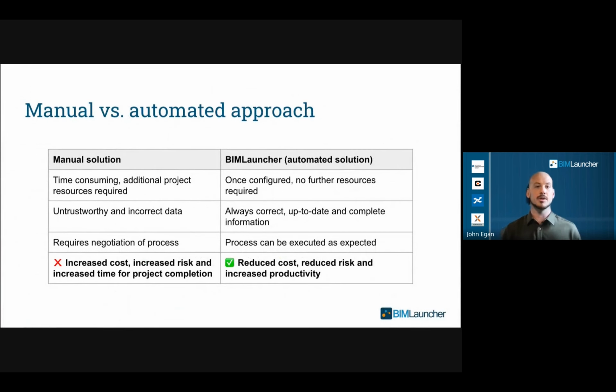Okay, so now the requirements for the integration have been defined. You are ready to consider the solutions. So we have refined the solutions into two main categories. The first, on the left, is the option to perform the integration manually, and the second, on the right, is to use an automated out-of-the-box integration solution such as BIMLauncher. To compare these options, manual processes are extremely time-consuming and will require a dedicated skilled resource, whilst automated processes require no additional resources, and current resources can focus on doing more